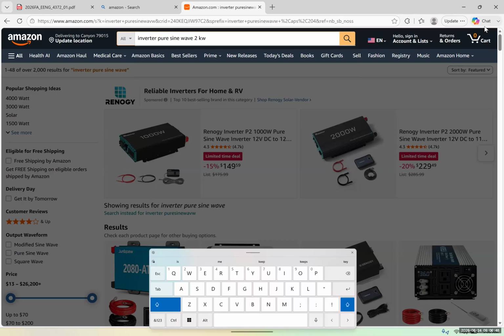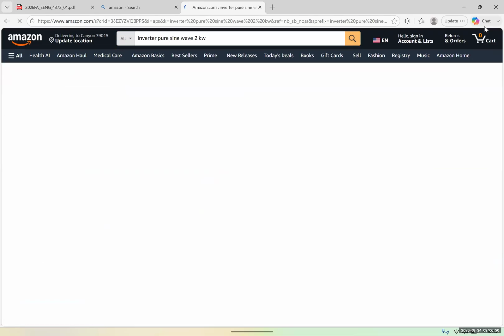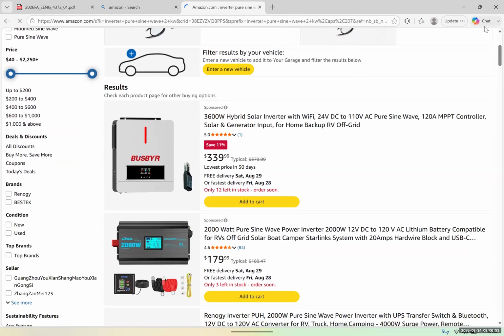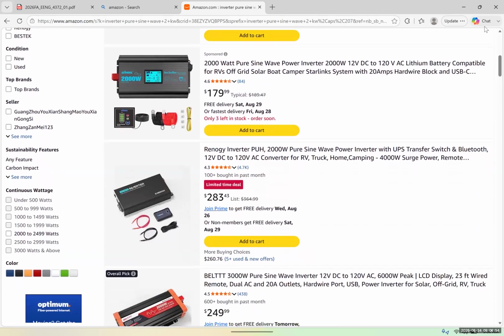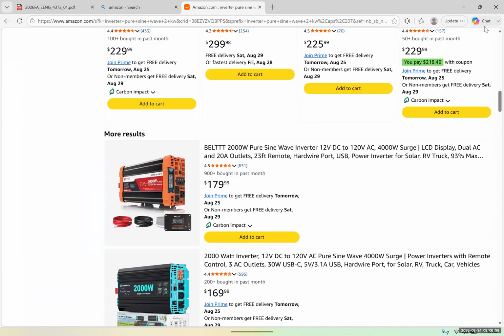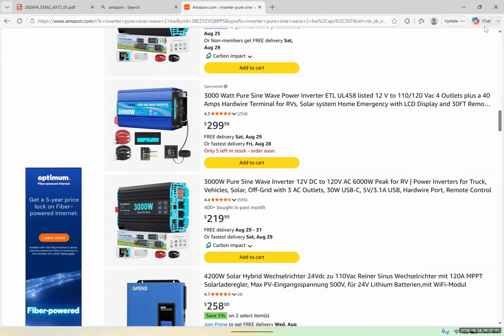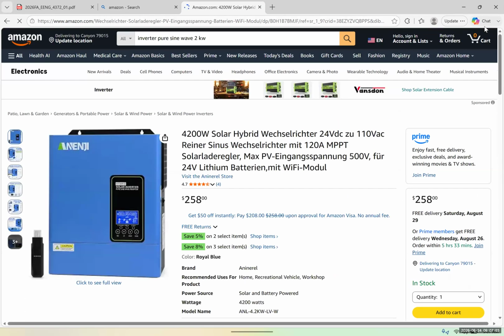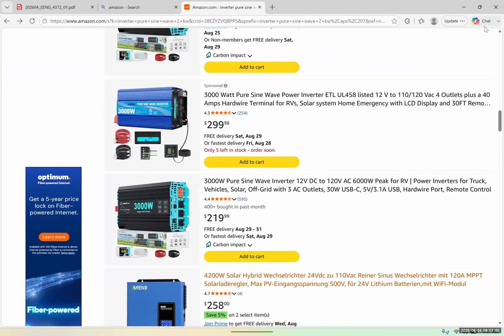Now, what is the difference between them? Again, the sophistication. So you can see that we have from $100, even $50 ones, up to $500, $400, $300 ones. Now the reason for that is because